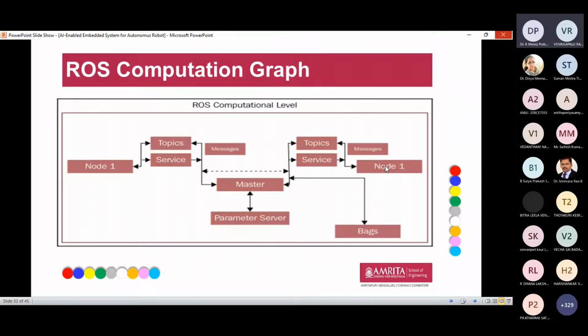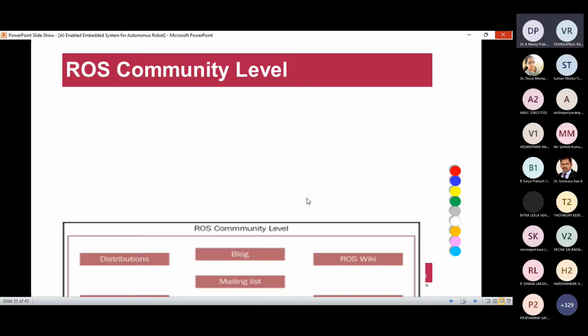So this is the computation graph of your ROS, and here are the bags. Bags are used, if there is any delay or interruption, for storing the values.